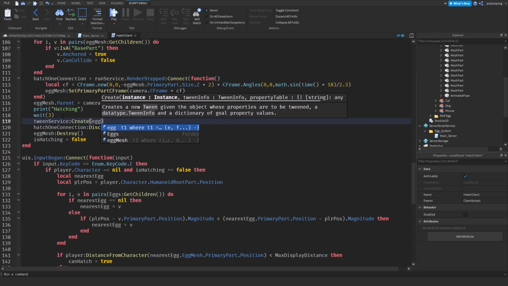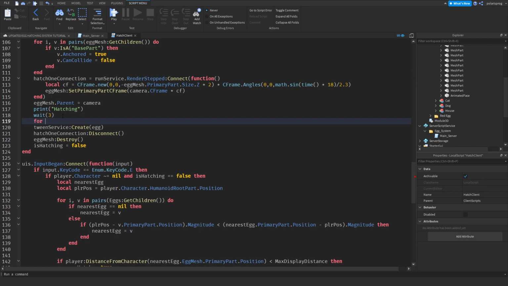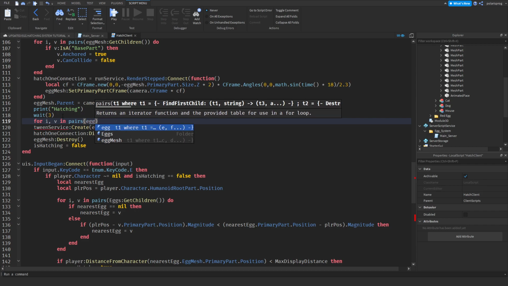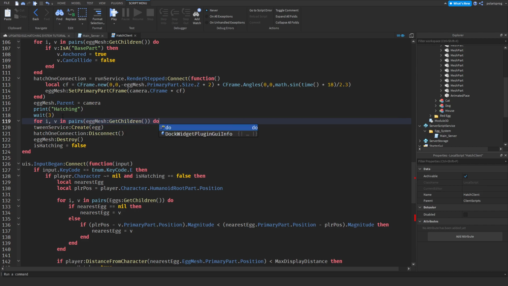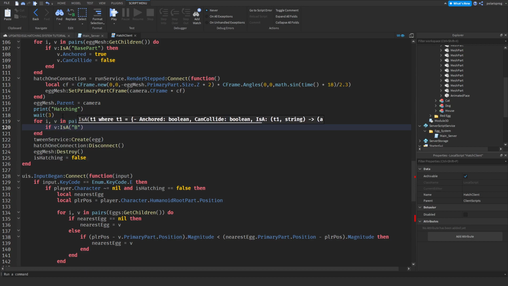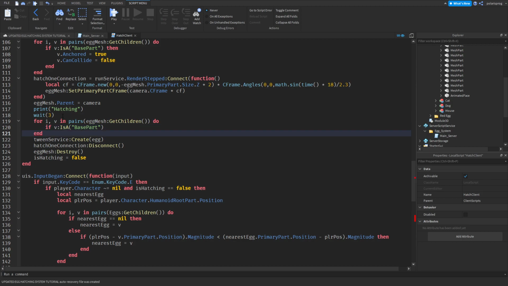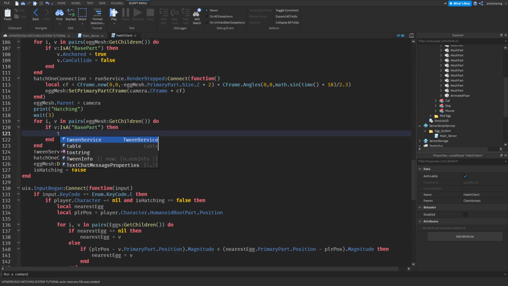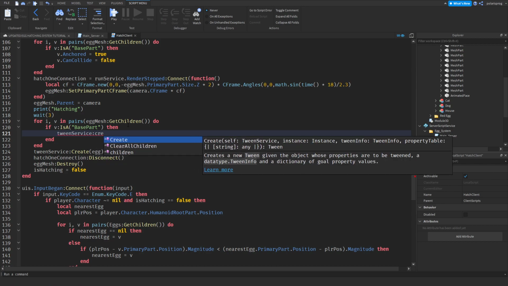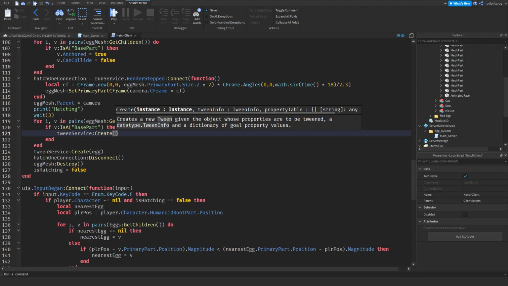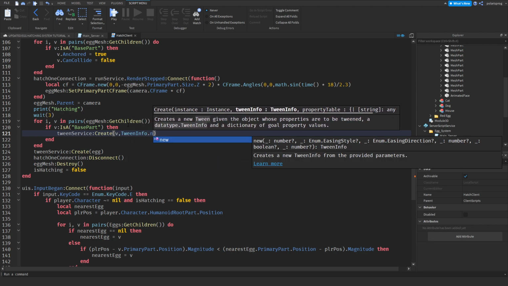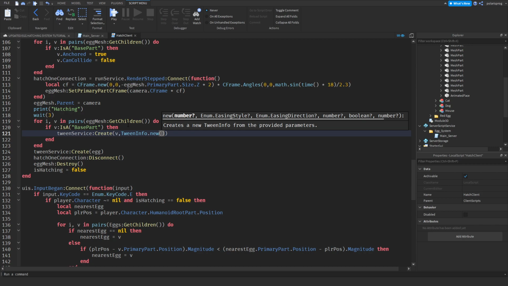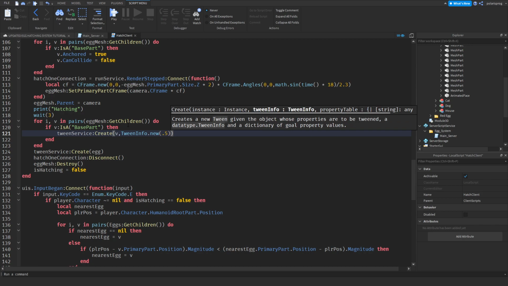actually do a for loop in here: for i, v in pairs egg mesh get children, do if v is a base part, then tween service create, and we want to tween the part, so v, tween info new, and I think I'm going to put something like 1 second or 0.5 seconds,